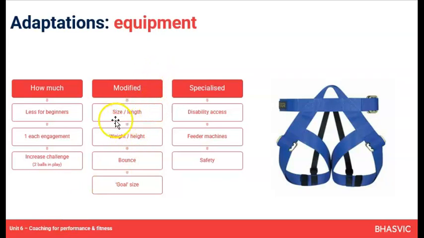Equipment can be modified in terms of its size, its weight, its length. I've talked about tennis rackets as an easy example of that. I've talked about the bounceability of the different mini tennis balls, even shuttles. Some shuttles fly really quickly. Some are designed to travel through the air much more slowly. And if you're learning something like badminton, which can be very quick, you want the slow version so people have got time to respond to it and hopefully make a shot. Else it becomes very demoralizing.